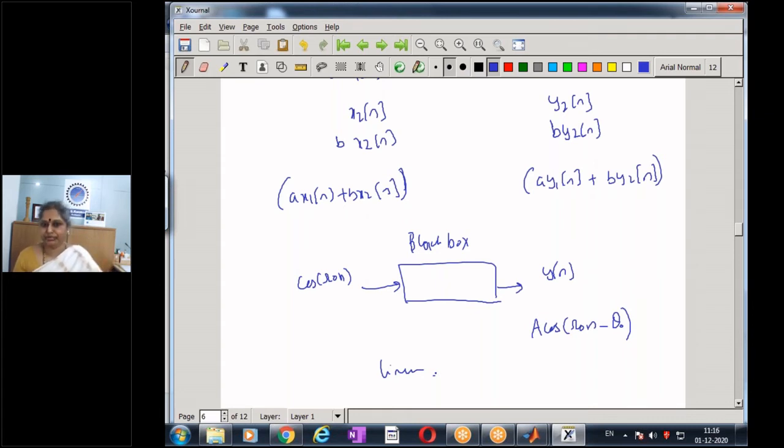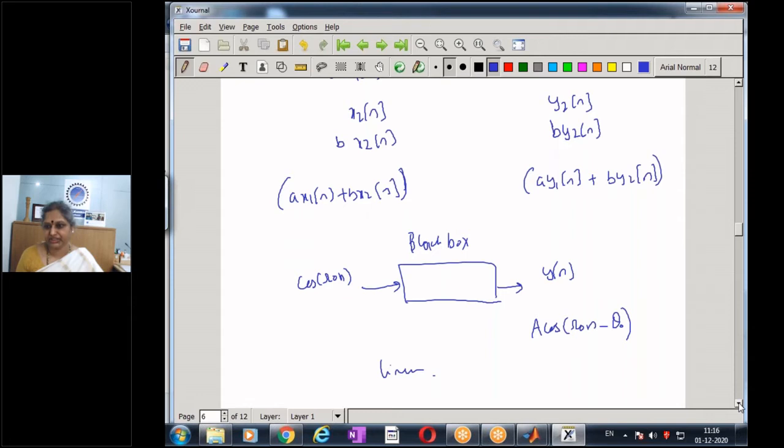This is an extension, because we have seen the convolution sum, we have seen what happens when I give an input x of e to the power j omega n. As an extension of that observation, a simpler method to test the system for linearity is to give a cosine signal, and I should have this cosine signal at the output with the same frequency.